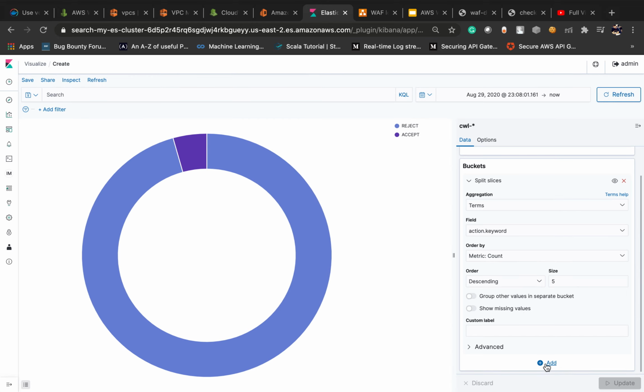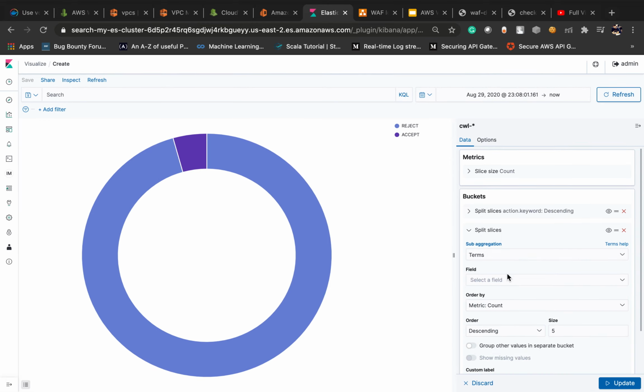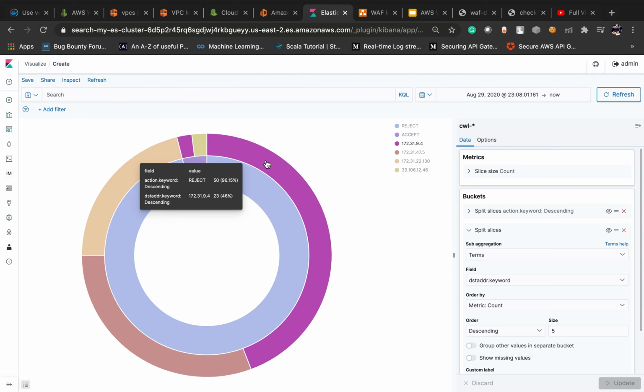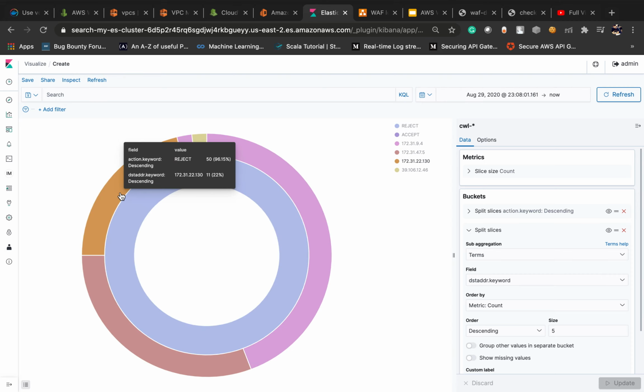Now add more slices. Here also we need to choose terms, and here let's take account ID, not under strings, destination address. So this is our destination source IP, and this many are rejected.